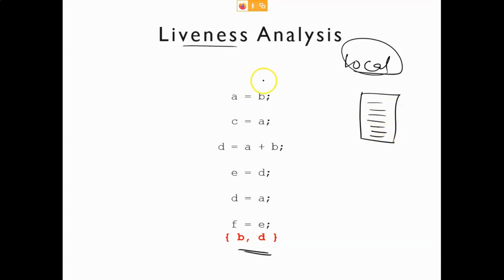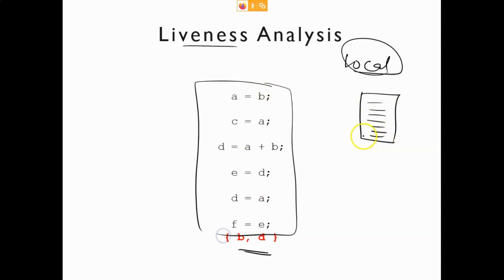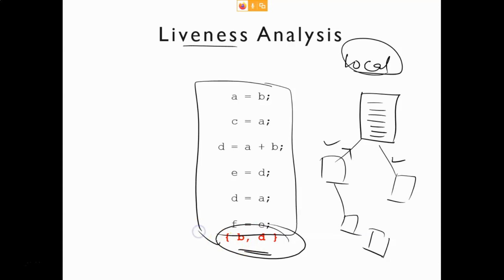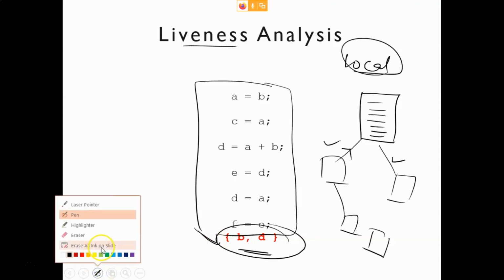This one particular basic block we are looking at. But remember, in the complete control flow graph you have many basic blocks. So at some point, before this basic block, it might have happened that from here B comma D is alive, and from here also B comma D is alive. So from some other part of the control flow graph, this B comma D might be live. So this is the initial value that we use in the local optimization.